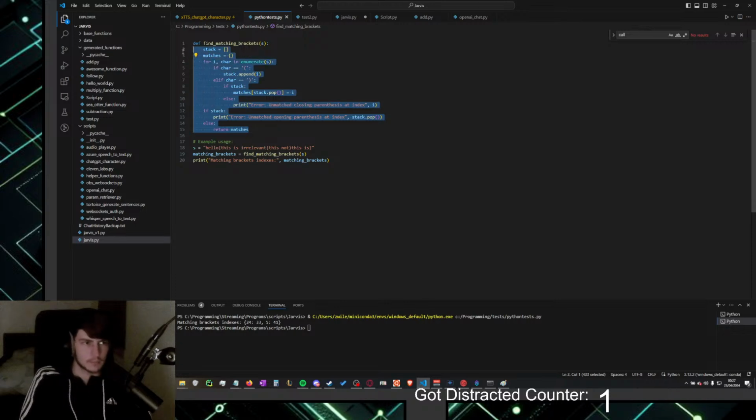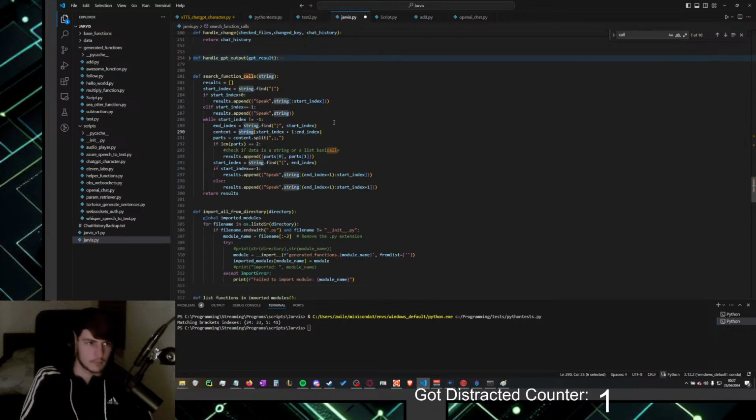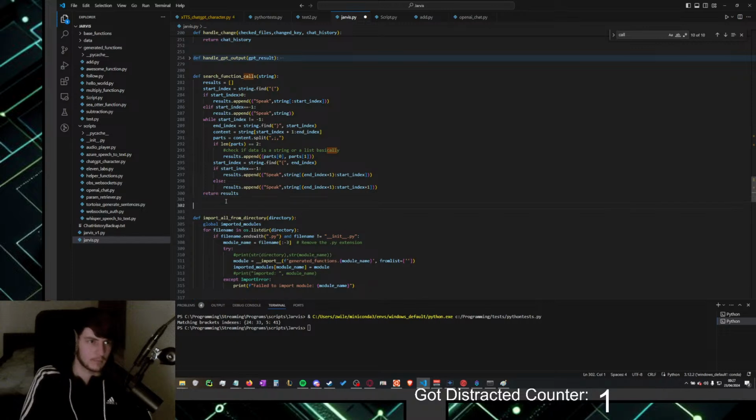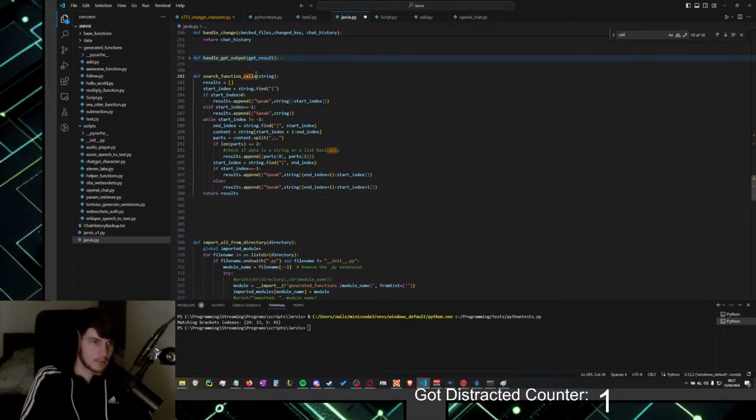So let's call it V1. Def search function calls, lead 2.